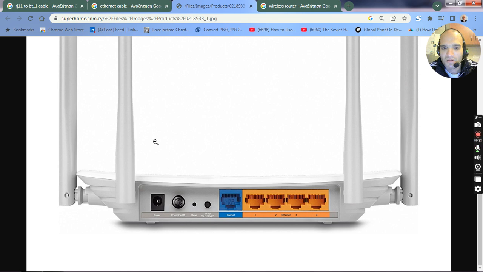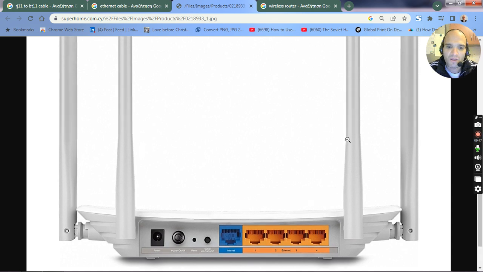Maybe we may connect a network printer and a network scanner and so on. We may set up, in essence, with a wired and wireless router a small office, home office network,